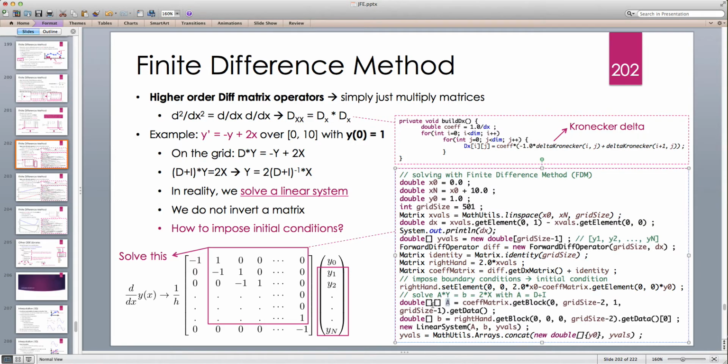and my 2D array is get block. I'm going to get a block of the original matrix. The block is from row 0 to row n minus 1, which is grid size minus 2, and from column 1 to the end, which is grid size minus 1. This returns a matrix, get block, and then I call the get data method to convert it to a 2D array. And the right hand side, b, is basically 2x